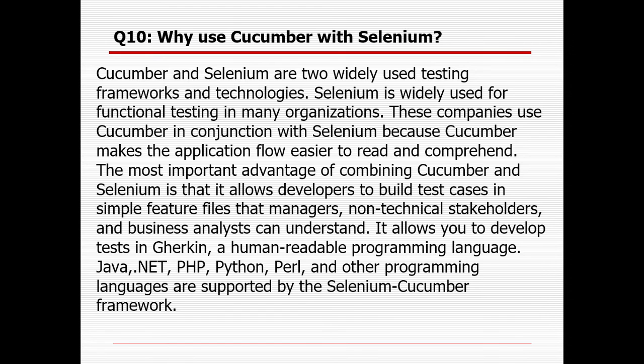Why do we use Cucumber with Selenium? So Cucumber and Selenium are two widely used testing frameworks and technologies. Selenium is widely used for functional testing in many organizations. These companies use Cucumber in conjunction with Selenium because Cucumber makes the application flow easier to read and comprehend. The most important advantage of combining Cucumber and Selenium is that it allows developers to build test cases in simple